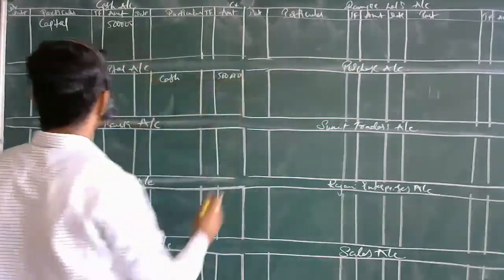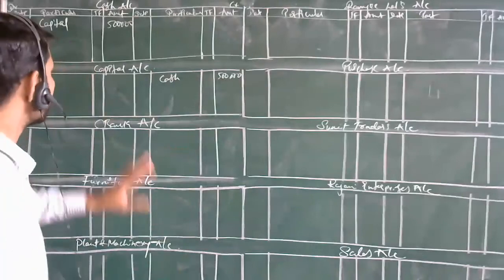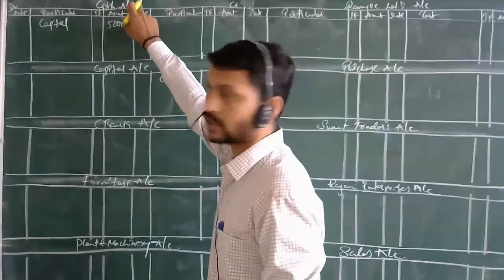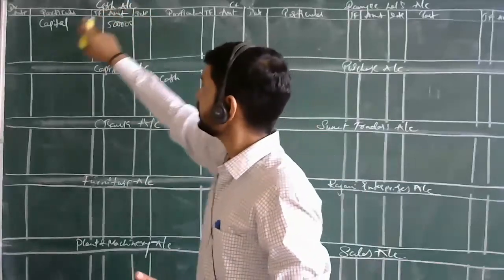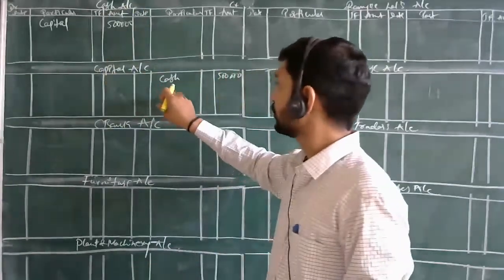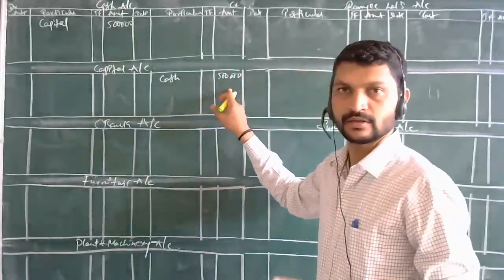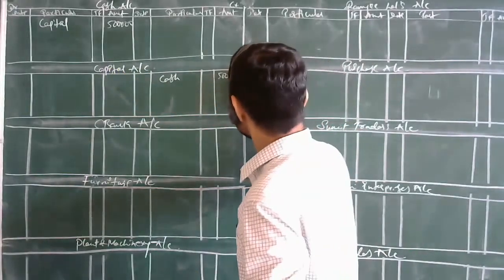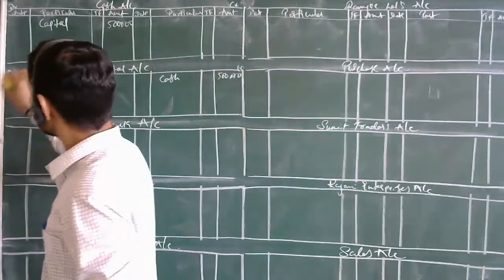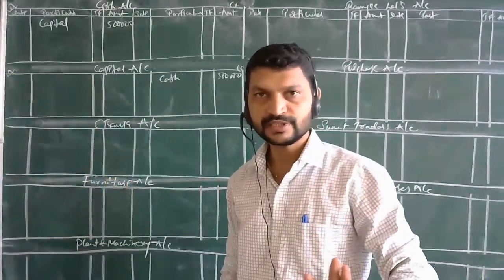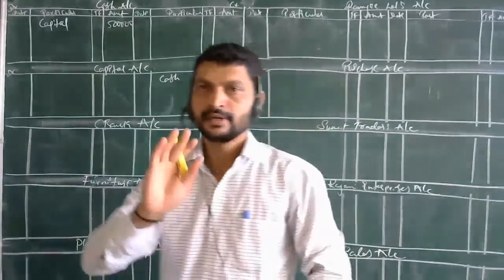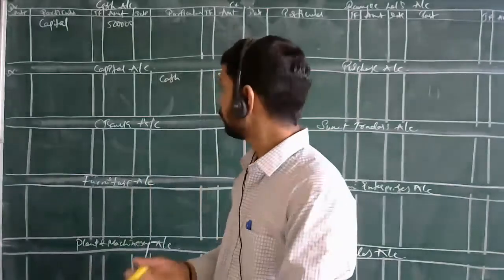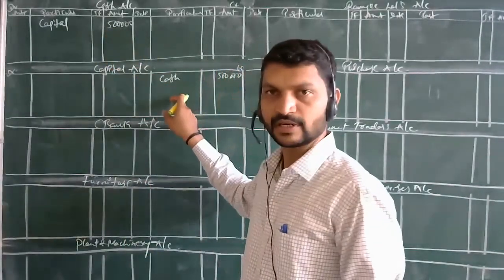In this way, wherever a transaction takes place, just like the journal entry was cash account debit. Remember the point: cash account is debited to capital account. To capital account means the credit side of the capital account. See, the capital account is there. On the credit side you are passing. This is the credit side. This is the debit side. Remember the things. How does the transaction take place over here? How are we posting? Here we can see two accounts are affected. Which are the two accounts? Cash account debtor to capital account.